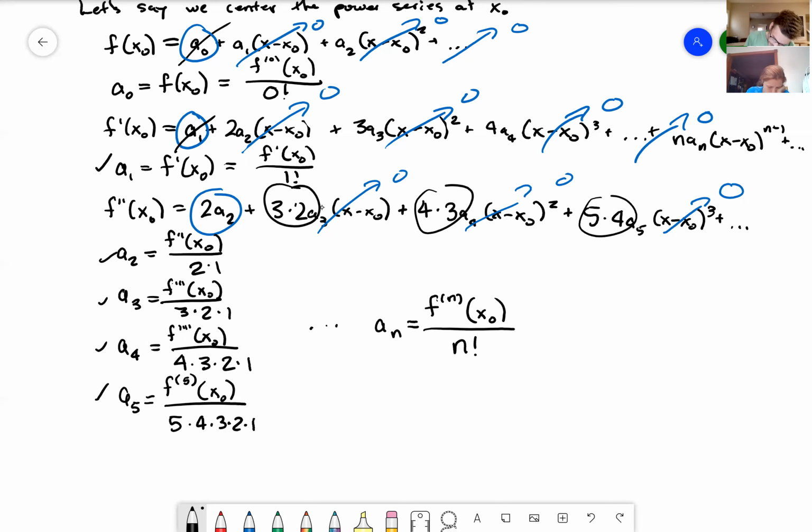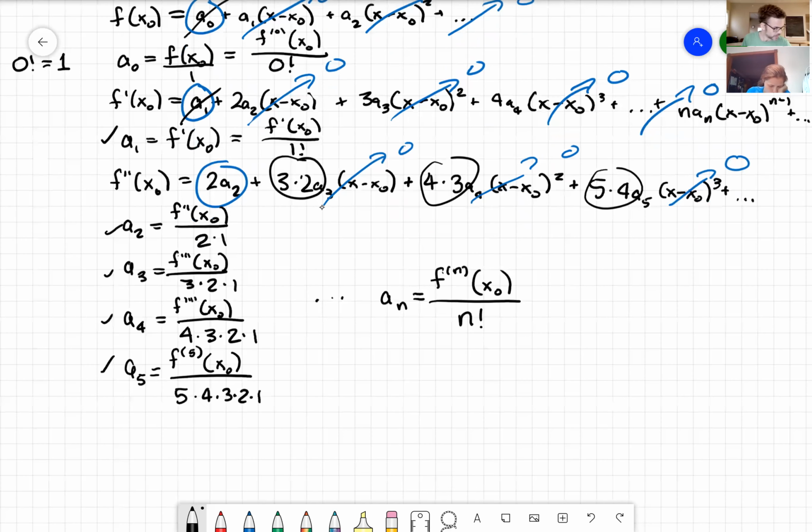0 factorial, however, in this case, is going to have to be equal to 1. So we're going to have to say that 0 factorial is equal to 1. And this is the convention that people adopt for saying what is 0 factorial? Well, it's